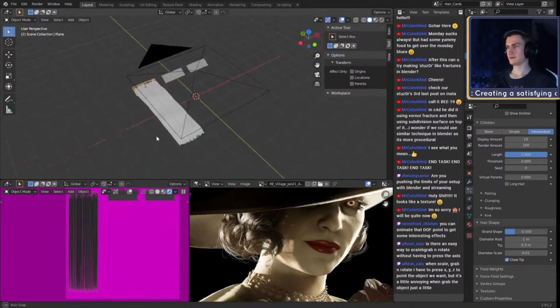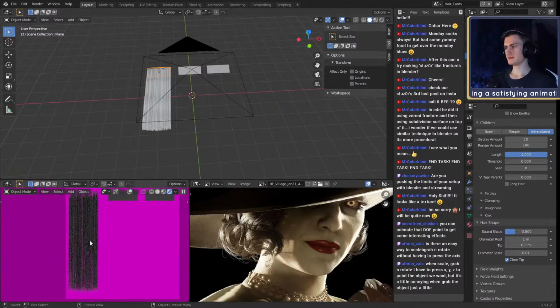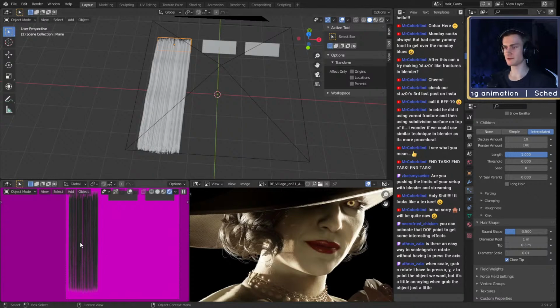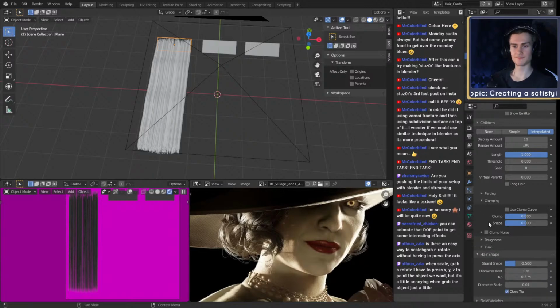Next up, I think we could probably make this a little bit more realistic. Right now they're just straight hair textures, it's just straight hair basically, almost no hair except in the advertisements, where they have this perfect flowing, straight hair that just falls down. So what we can do is go into stuff like clumping, for example.